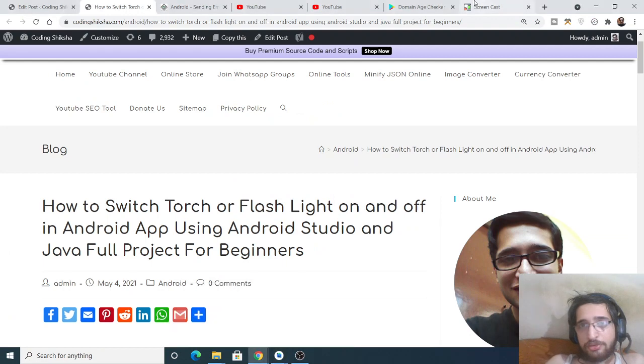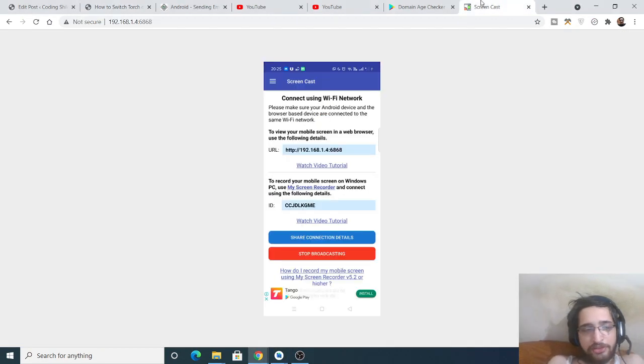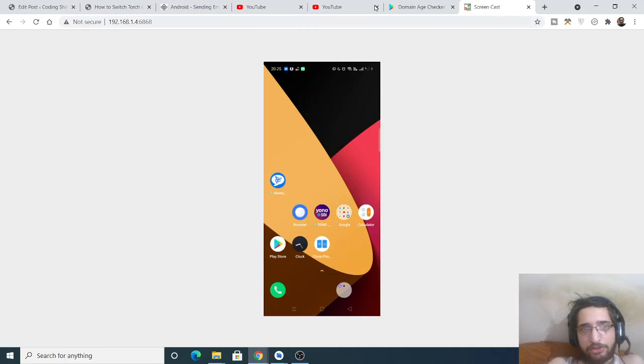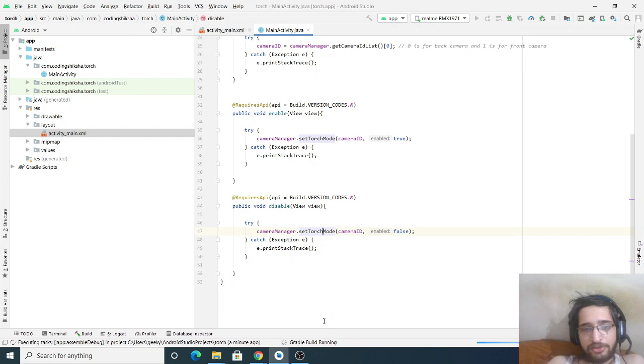You can see this is my screen here. Once it is built, it will automatically install inside my mobile device. Just wait here for the Gradle process to finish. You can see the Gradle build has finished and now it is installing this app here. So just wait.